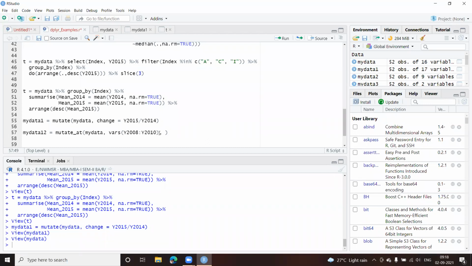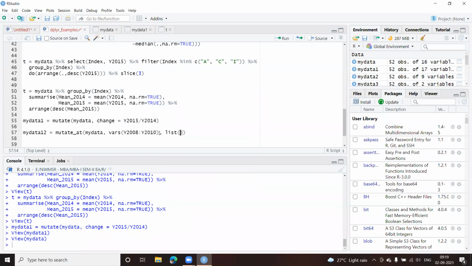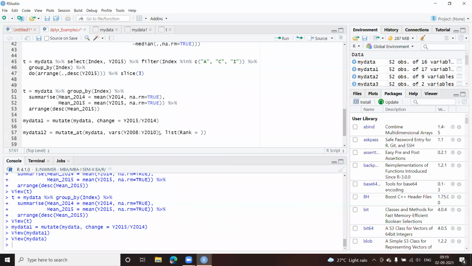So there's a function called min_rank. That is what I'll be using here. For this, I need to use a list, so I'll give list in round brackets. Here comes my variable or the column which I want to add. So I'll give rank equal to, and we have to give a tilde sign.